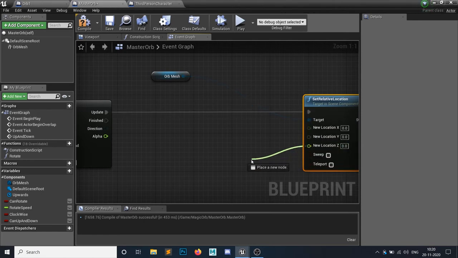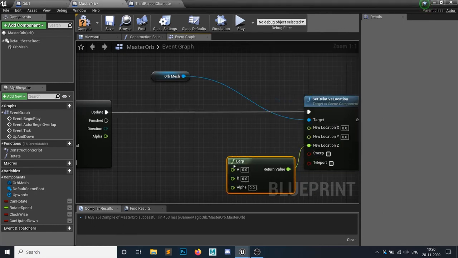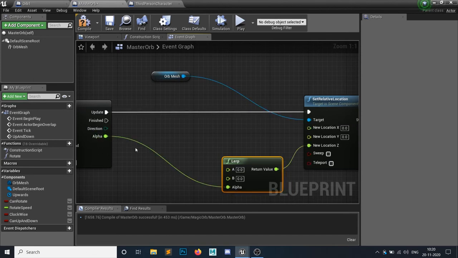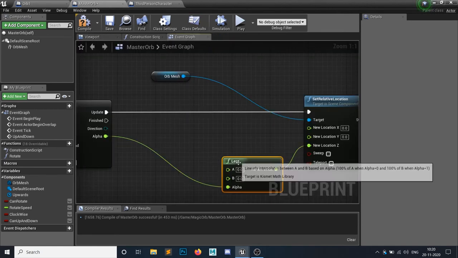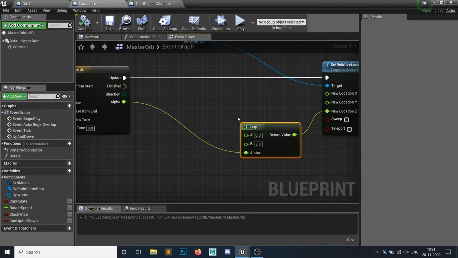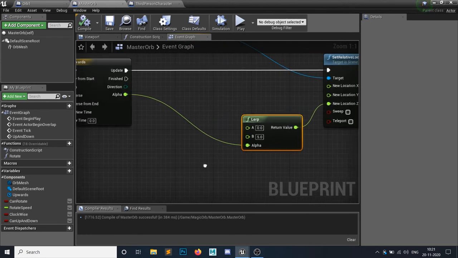The z-axis, I am simply gonna do a linear lerp, a float lerp. The alpha would go to here, this alpha, and it can go from 0 to how much? 5 pixels would work fine, I guess, because last time it did. You can play around with this value for yourself. So yeah, it will update from 0 to 5 gradually.